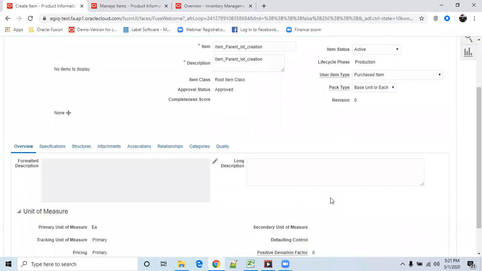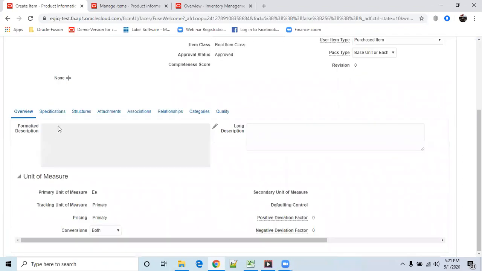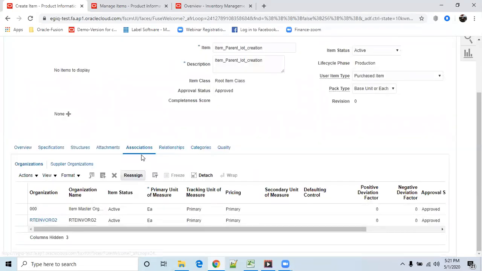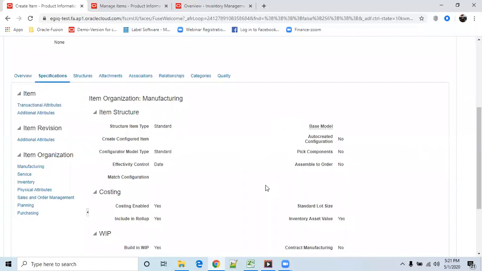Now I want to impose those rules. How to do that? Here we are in the master organization. Go to specifications. See, why I am imposing the rules for the master organization is because, I'll show the difference. Suppose I go to my inventory org, open this, click on specifications. See here every field is disabled.